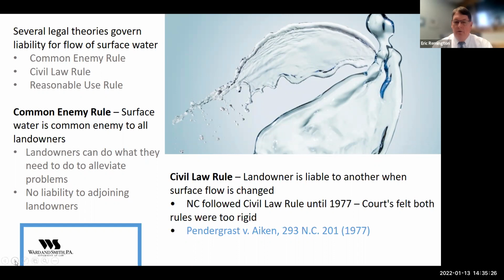And they noted that North Carolina, even though it had adopted the civil law rule, had a number of exceptions to that rule that they were already following. For example, when a municipality constructs a road or a street, oftentimes there's going to be runoff from the road or street that's going to end up affecting the adjoining lots that are next to that road or street.